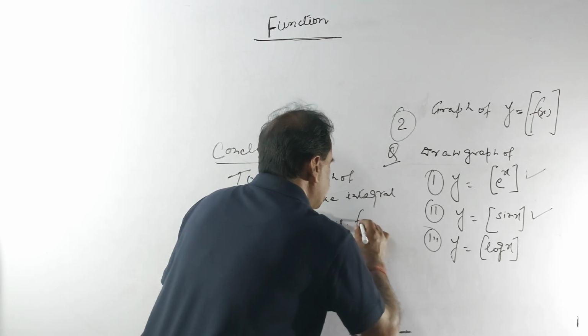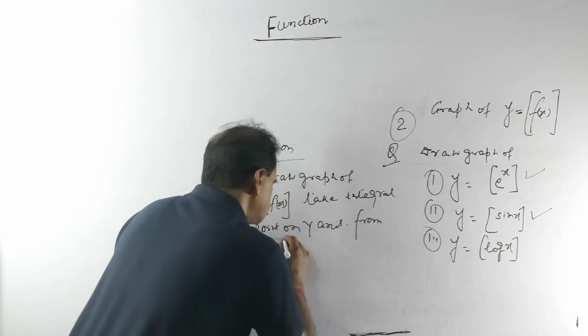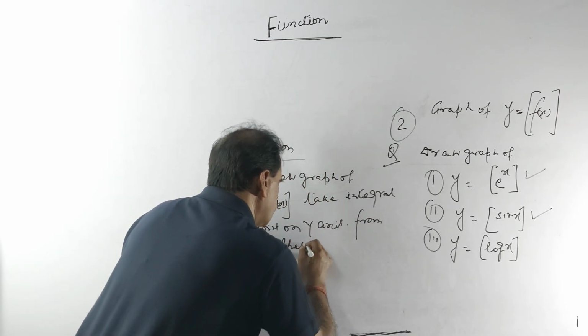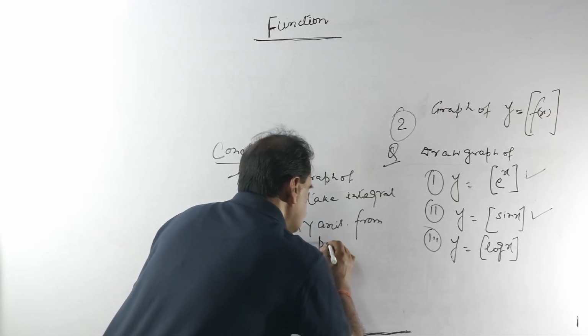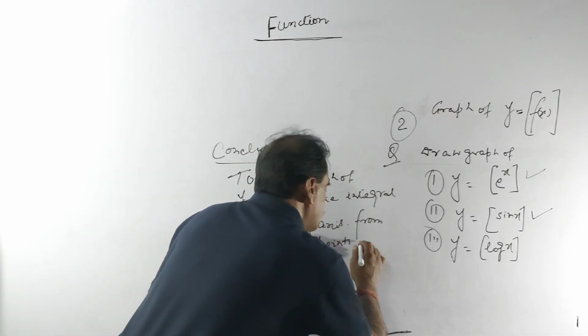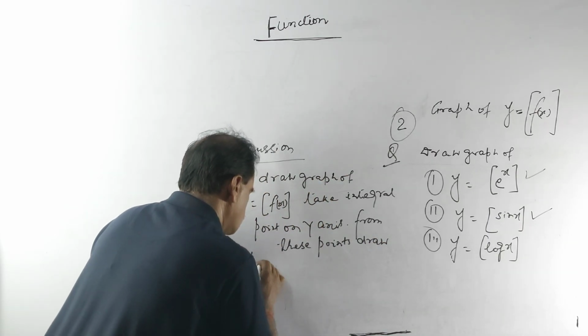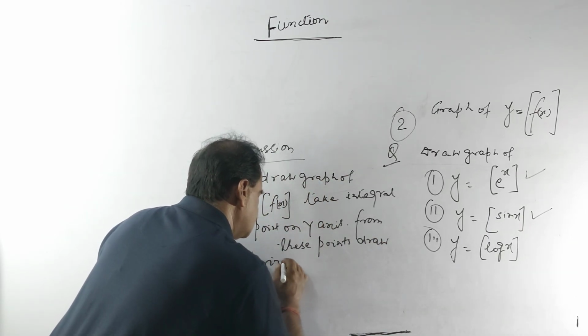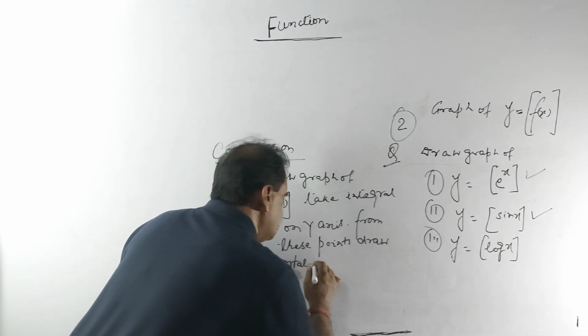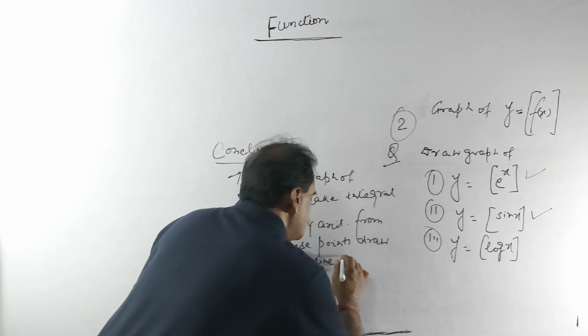From these points draw horizontal lines to intersect